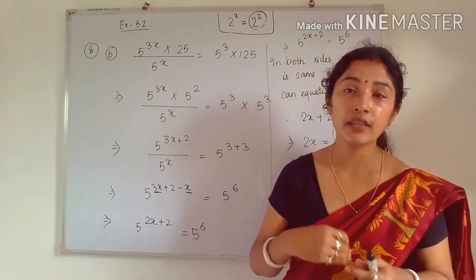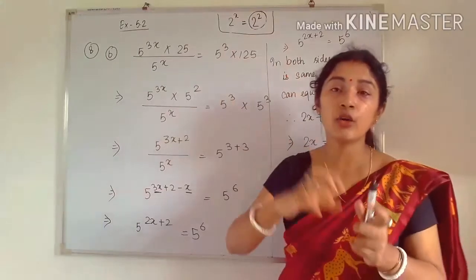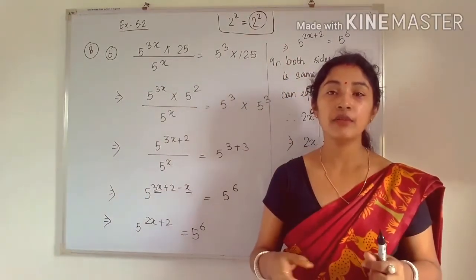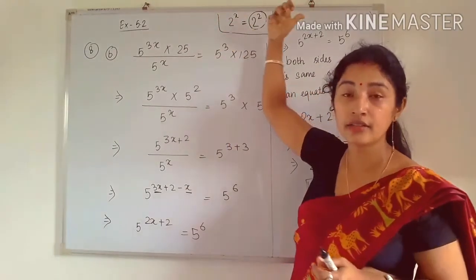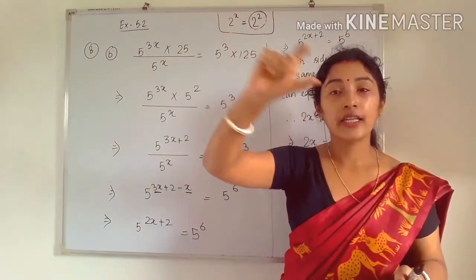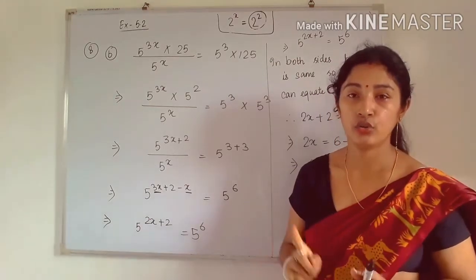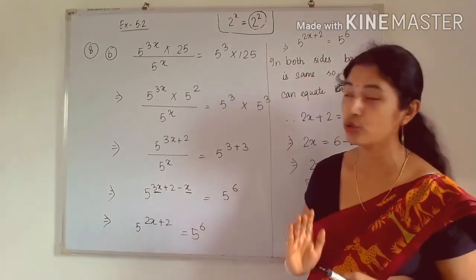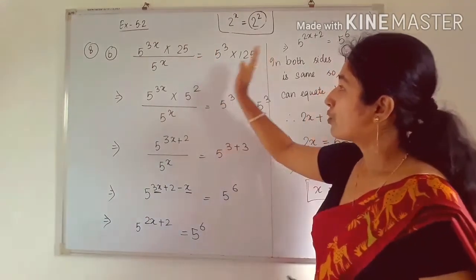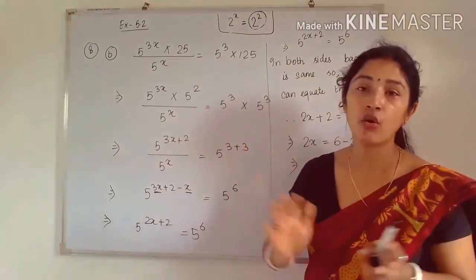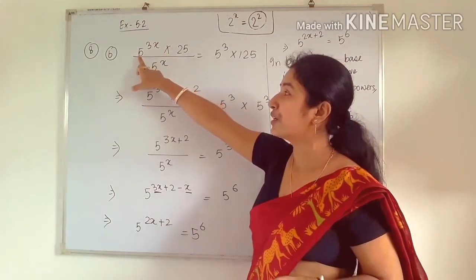What is the meaning of equating the powers? You can write x equal to 2. That is the meaning of equating powers: I am equalizing the power. That means here on the left hand side the power is x and on the right hand side the power is 2. So after equating the powers, we can write x is equal to 2. Okay, so now come to this question number 8b. So here see, this is given. Now what do we have to do? We have to collect all the same bases. So here see, in the numerator, first of all, the base is 5.